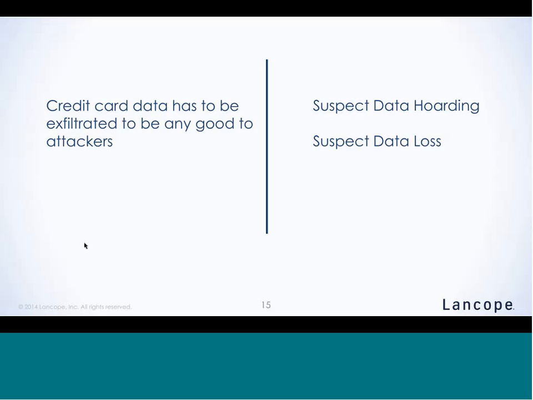whenever someone starts to pull down more information than would be normal for their profile, and that may be very small numbers or could be large numbers depending upon what the asset is, but in almost every instance there is a delta between norm and the amount that was pulled down associated with the breach itself. Ideally, someone acts upon that type of information during that early phase of detection, but if that does not occur, we do have a suspect data loss alarm associated with this as well. What that's doing is trending the information patterns from the hosts inside of the network to external entities, right? So I'm uploading more information to the internet than would be normal for types of transactions that would be associated